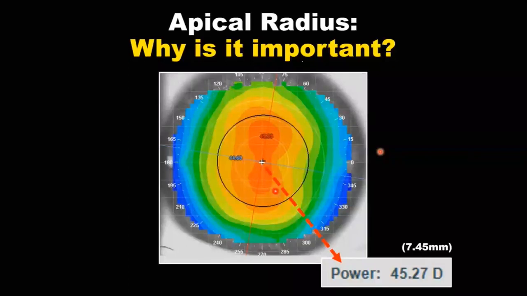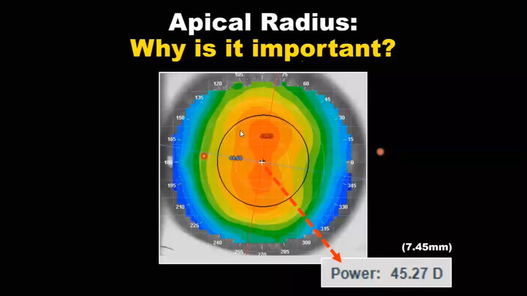So most of the light that will go inside the eye will be refracted from this area. And the second point is that knowing this area, and what is the refractive power of that apical, the topmost point of the cornea, is important when we want to compare with a diseased cornea.